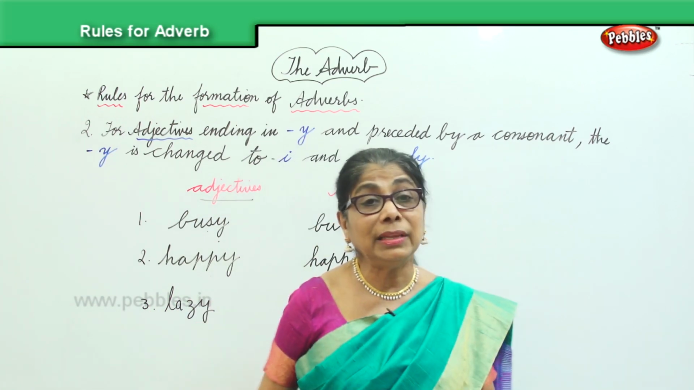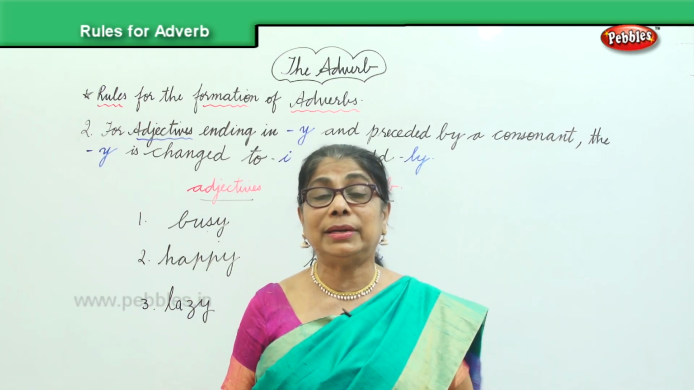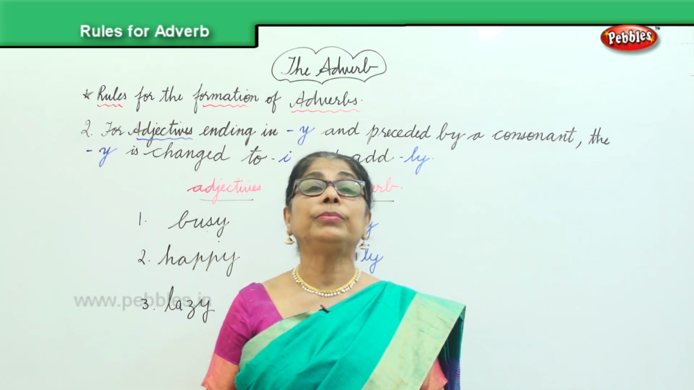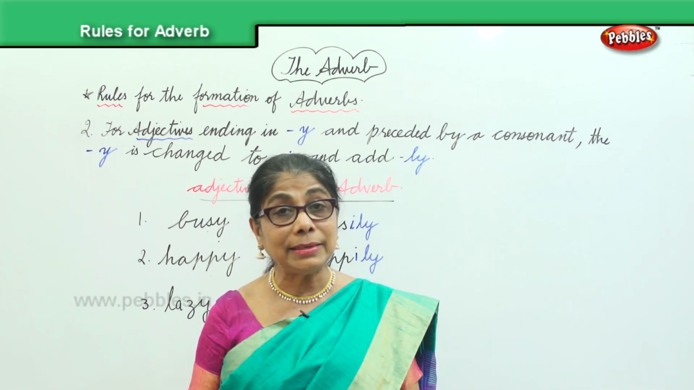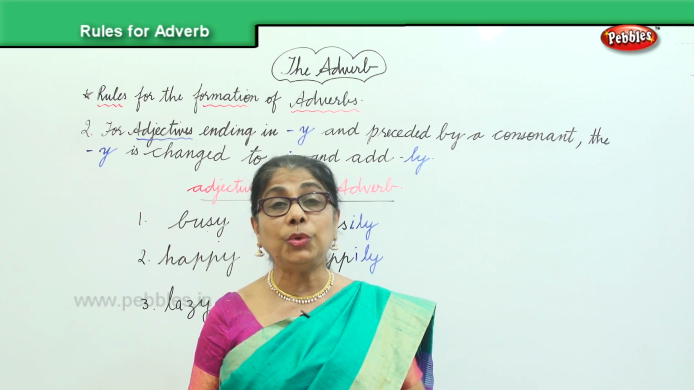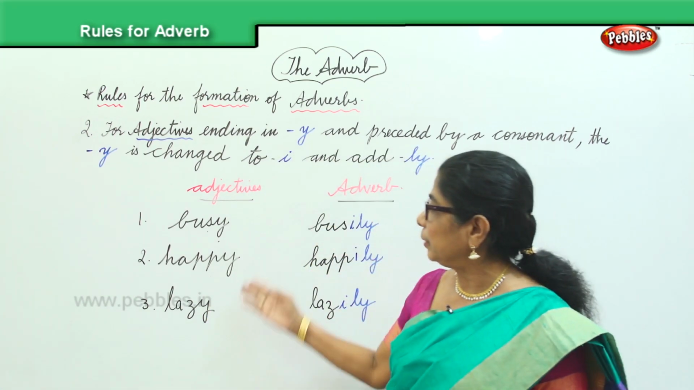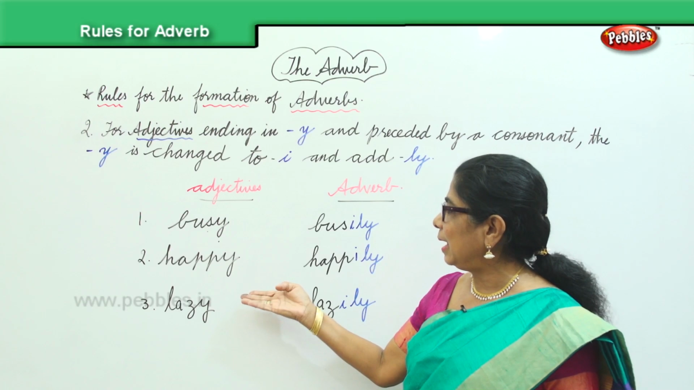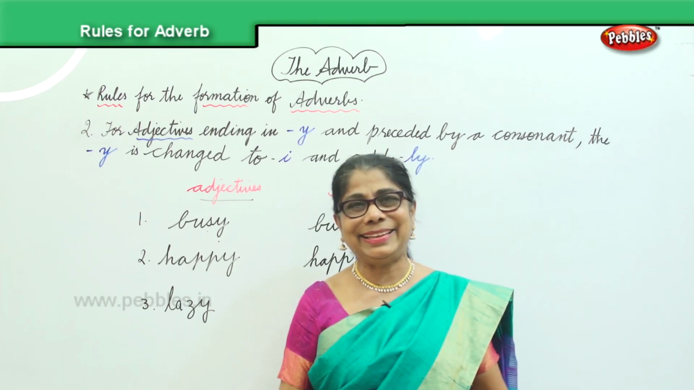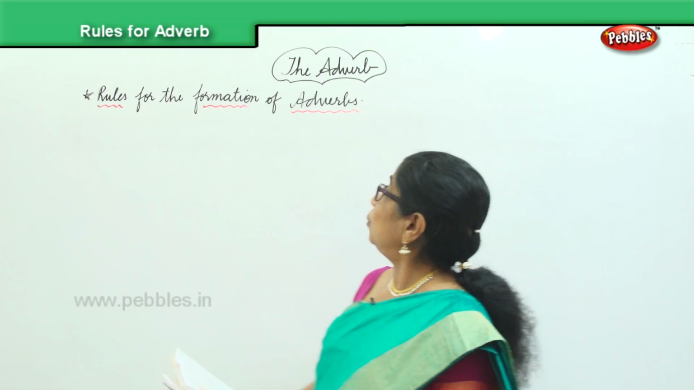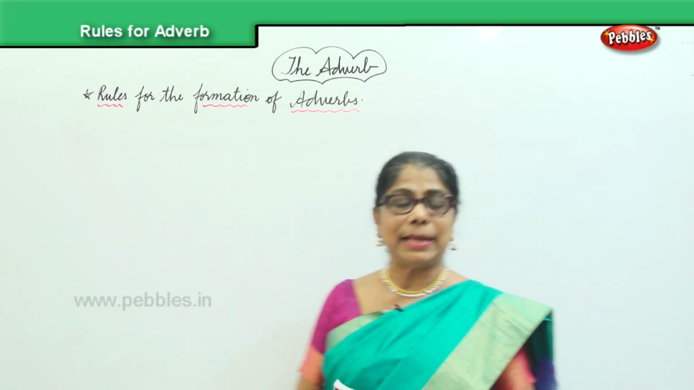Not for all words, these are only for a few words. The rule number 2: if there is a Y preceded by a consonant, you change the Y into I and add ly. Busy, busily, happy, happily, lazy, lazily. The third rule in the formation of adverbs is